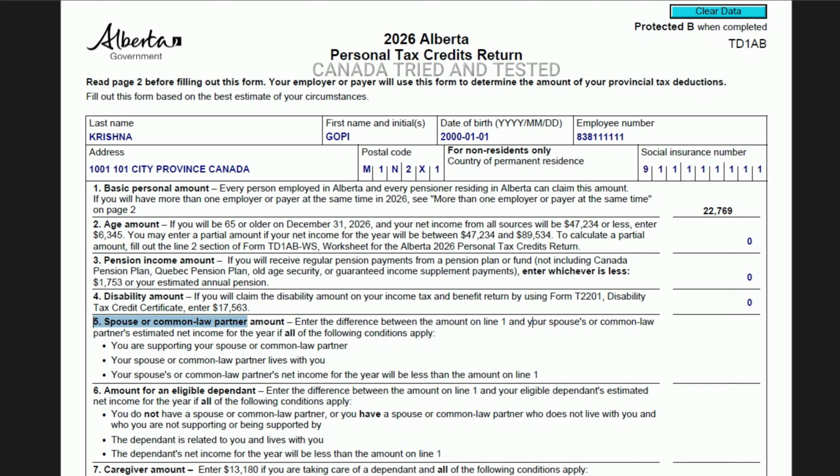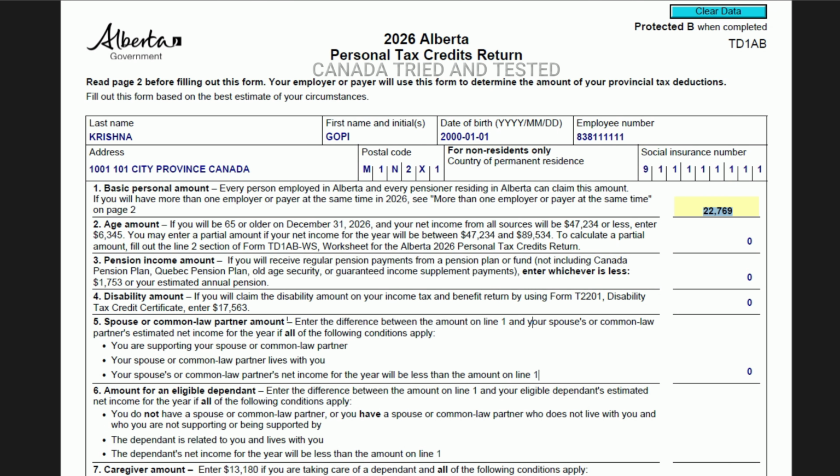Here in line 5, if your spouse or common law partner is not being supported by you, make an entry as 0. And if they are supported, you have to meet these 3 conditions. You are supporting your spouse or common law partner. Your spouse or common law partner lives with you. Your spouse or common law partner's net income for the year will be less than the amount on line